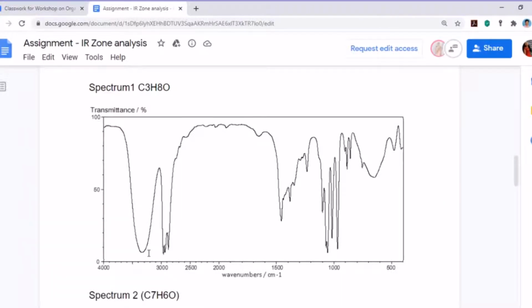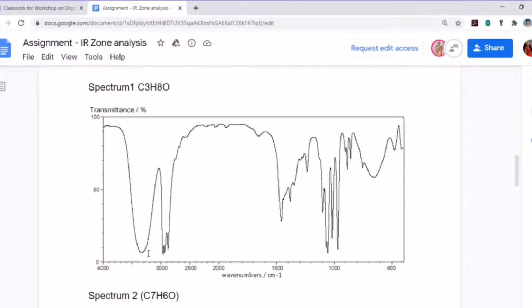The analysis of zone 1: the possibilities are this, this, this, like that. This stretching, that stretching, usually stretching. You list the possibilities, then you eliminate which are not possible and choose which is correct. Therefore this peak in zone 1 corresponds to this stretching frequency. You make a comment like that. Similarly, you make an analysis of the zones which are present. You don't bother about the zones that are absent.